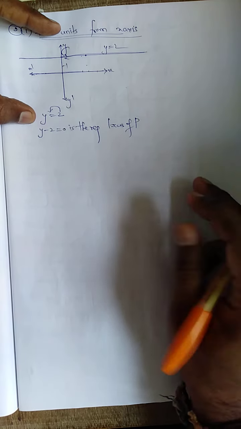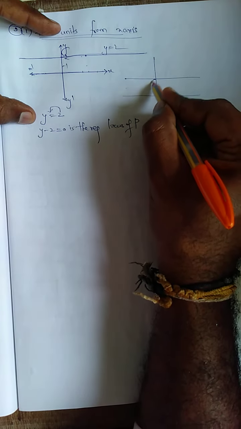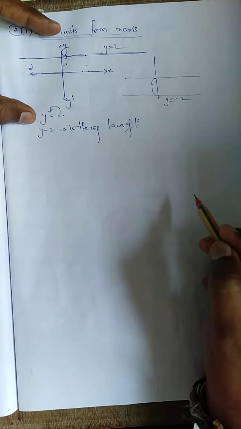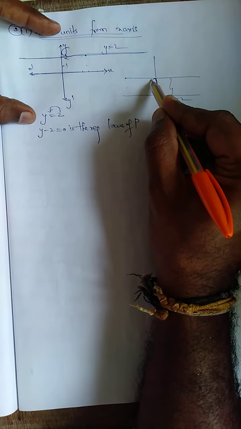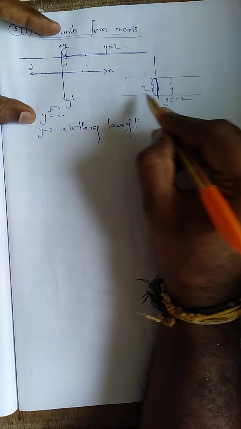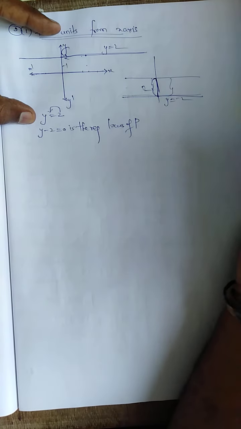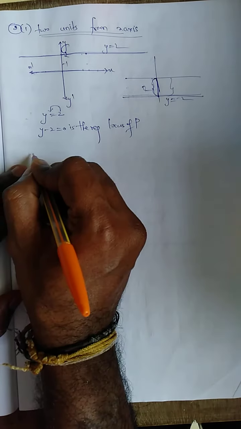Sometimes this is the back answer sum. Suppose this is also 2 units only, y equal to minus 2. Even though it is negative, what is the distance from here to here? Nothing but 2. Distances cannot be negative. If I draw a line, this is also 2. You can take this one also, but the back answer is y minus 2 is equal to 0.